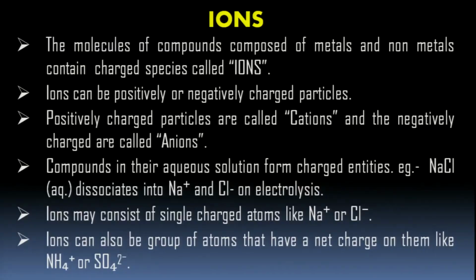But children, you can also have groups of atoms which can make anions, and groups of atoms which can make cations. Okay? NH4 plus: nitrogen and hydrogen combinedly form NH4 as a cation. SO4 2 minus. These are anions, certain groups of atoms, and you can have some other examples also. For example,